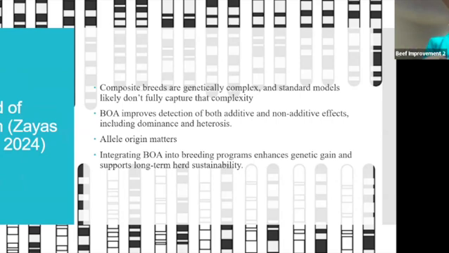But breed of origin does help. What they did is they ran a GWAS, and they found that if they accounted for the breed of origin of an allele, it did help improve detection of a very slow side throughout the genome that are associated with carcass traits that we typically don't find if we do not consider breed of origin. And so for a crossbred or a composite breed like Brangus, they found it was extremely helpful